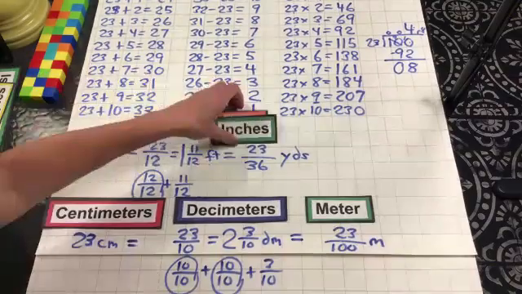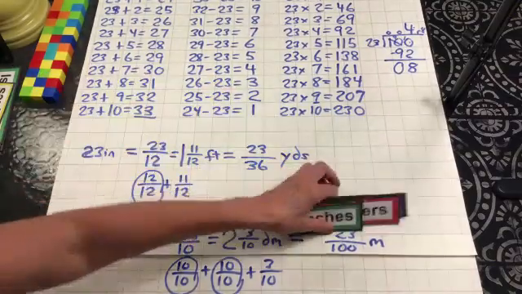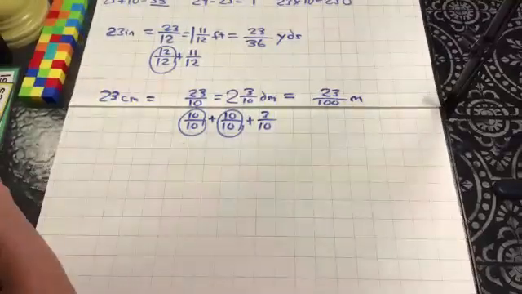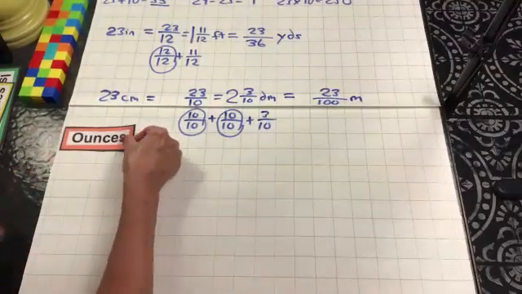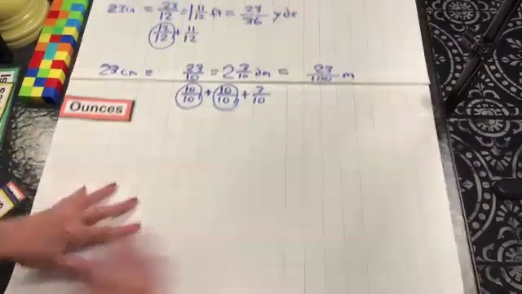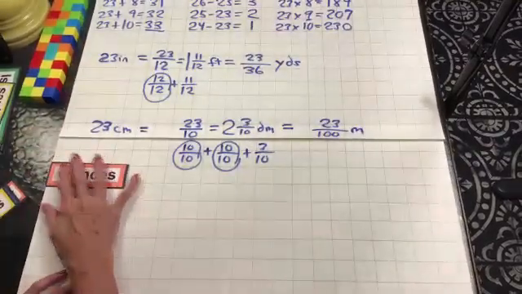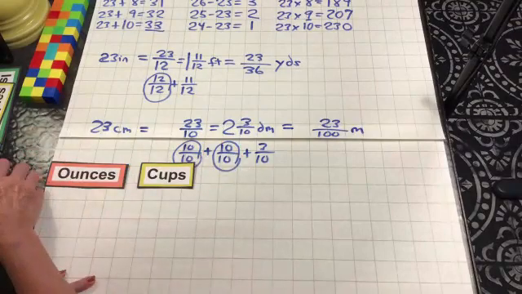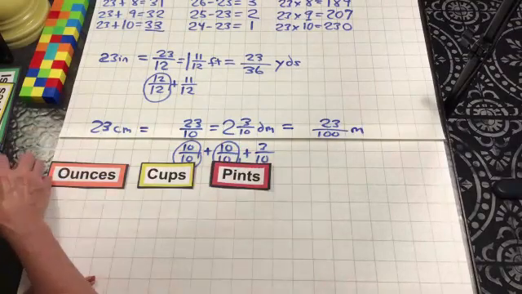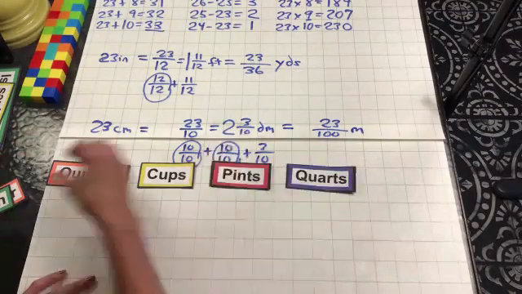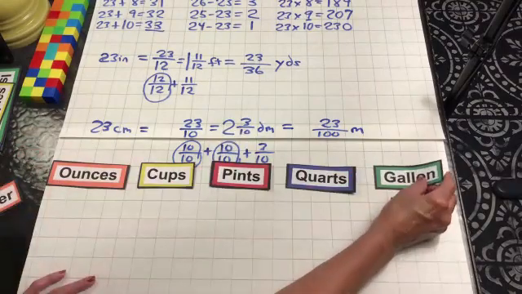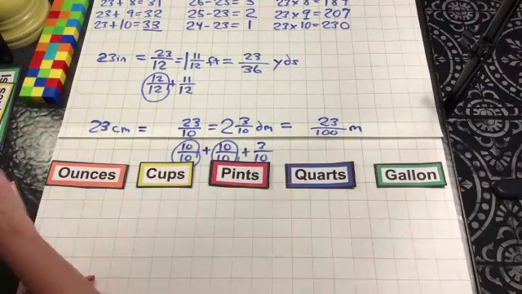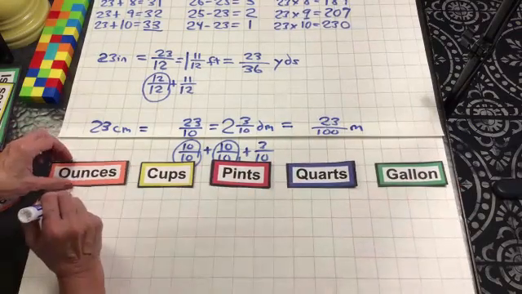Let's move on to liquid measurement. And I'll move my paper up. So we've got ounces. Whoa, there goes my paper. Ounces, cups, pints, quarts, and gallons. Our standard form has lots of different measurements, doesn't it? So here we go. I'm going to go with 23, our number of the day,